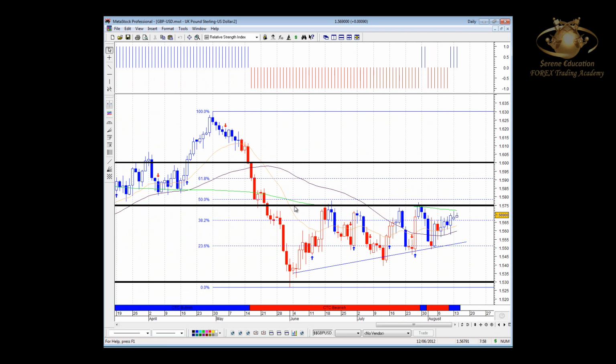A noticeable pullback area on the fib. See the 23.6. A lot of hesitation in around this area, and price has been reverting to the upside. Friday's close saw price moving above the 38.2, which happened to be the 1566 marker, which was a lot of resistance through last week for this pair, and in doing so finding a bit of support yesterday, attempting that institution